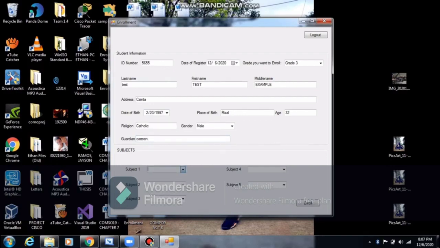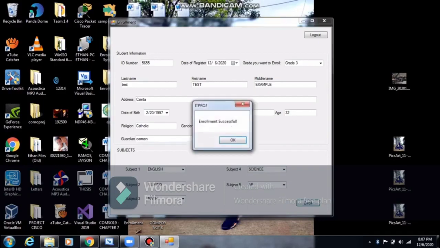Sa subject na to, limang subject lang yung mismong nilagay namin, which is yung English, Filipino, Math, Science, and AP. Kasi yun lang naman po yung mismong subjects ng mga elementary students.